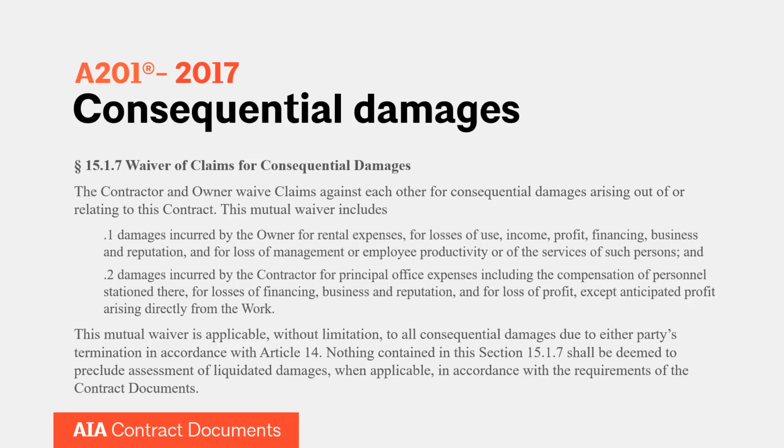From a contractor's perspective, that's things like costs for principal office expenses, including compensation of personnel that are stationed there, costs attributed to loss of financing. So those are standard waived in our agreements. And what we recommend that folks do in lieu of arguing over consequential damages after a breach has occurred is to negotiate liquidated damages